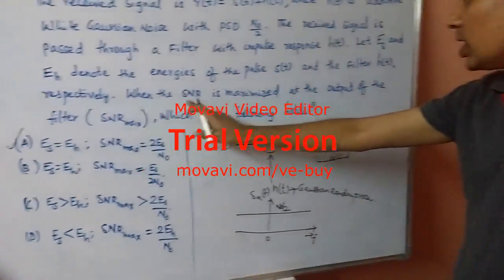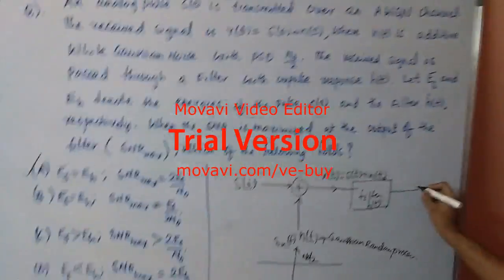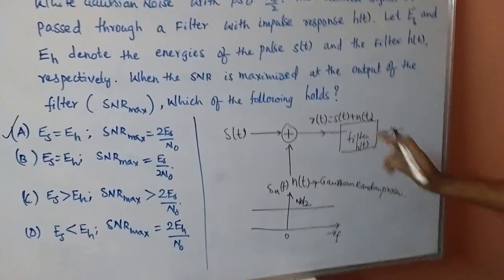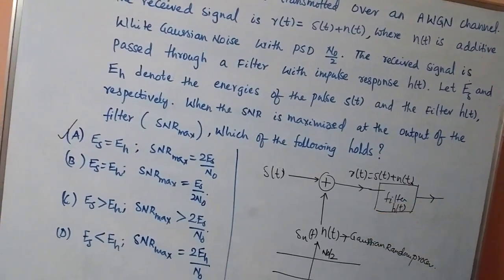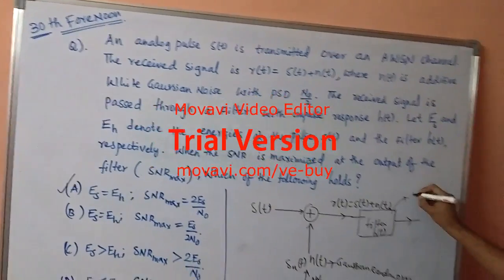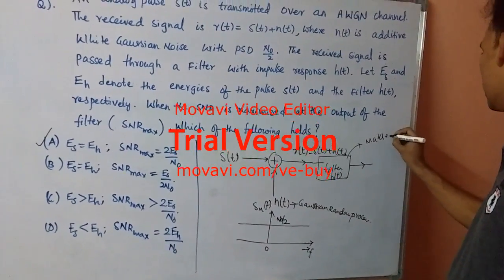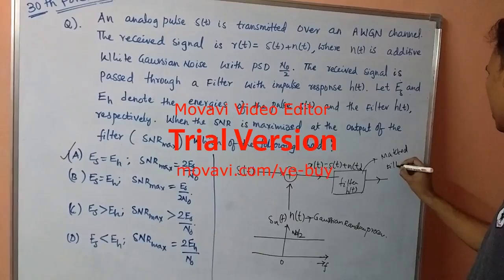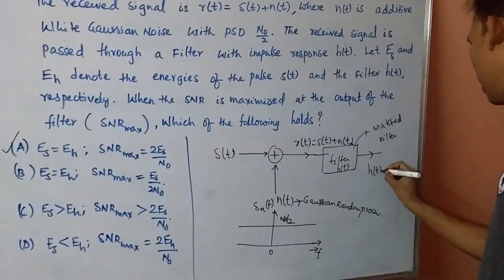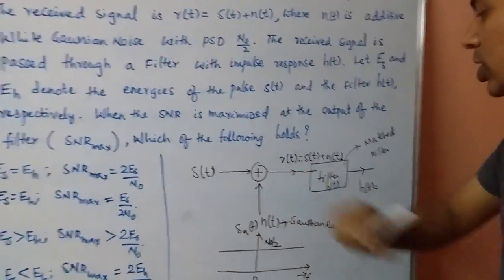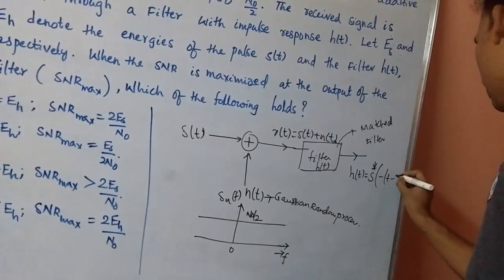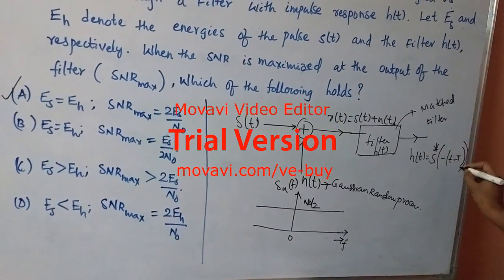Now the question asks: when the SNR is maximized at the output of the filter, which of the following holds? The filter which maximizes the output signal to noise ratio is the matched filter. For the matched filter impulse response derivation, we get the impulse response matched to the input signal S of t, that is S conjugate of minus t minus capital T, where capital T is the